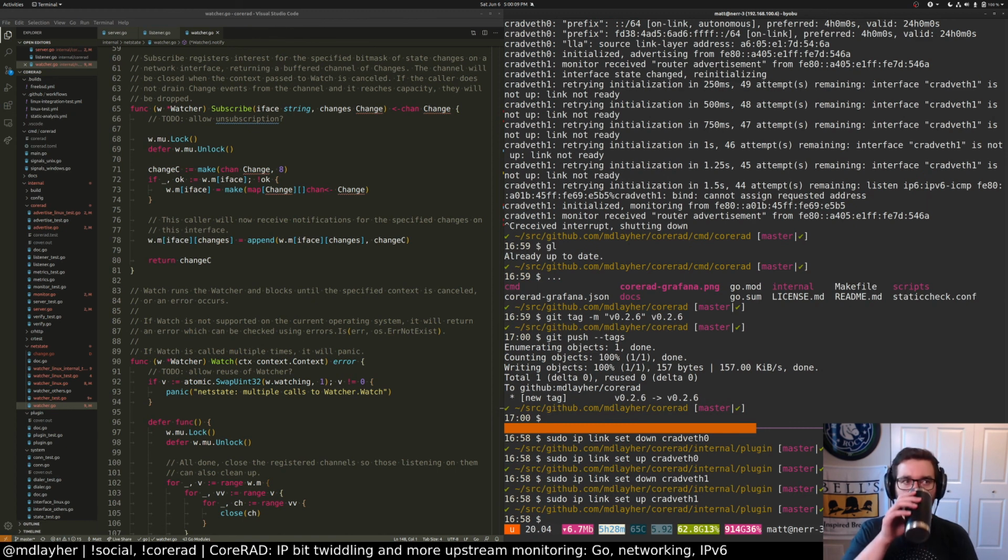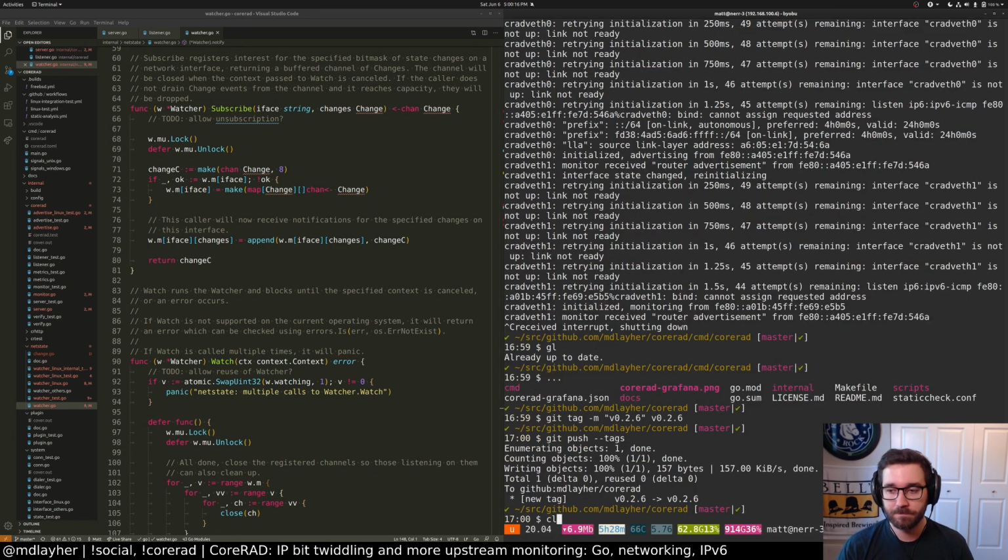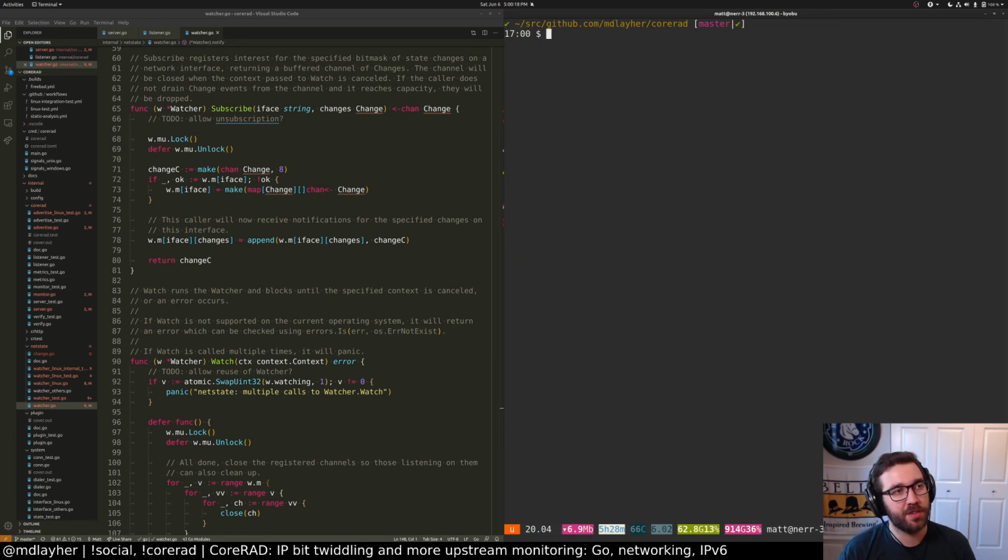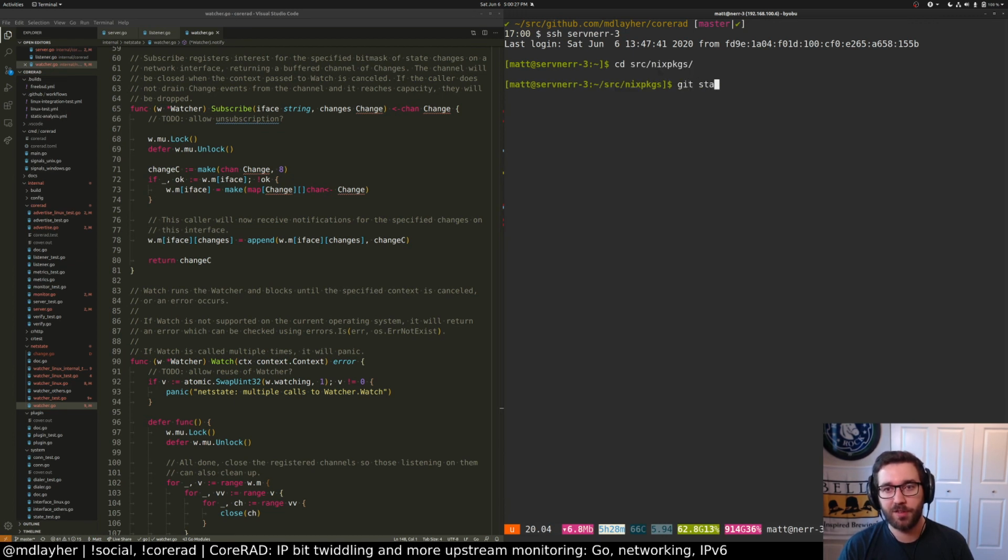All kinds of fun. So we'll log into my server for that because my server runs NixOS. Let's see. Do we want to do the SSHFS? Nah, we can probably just do it with nano. It'll be fine. So, source Nix packages status.